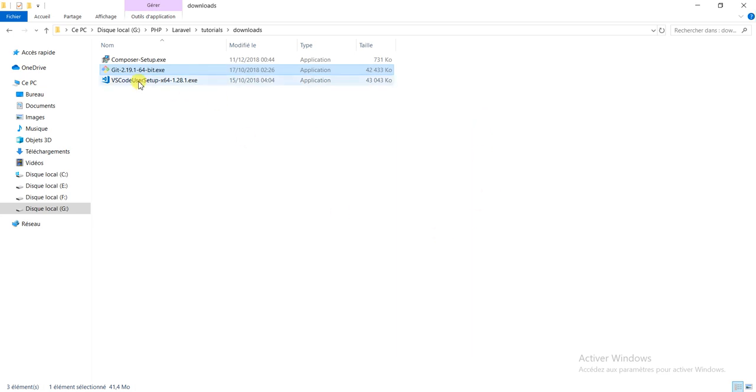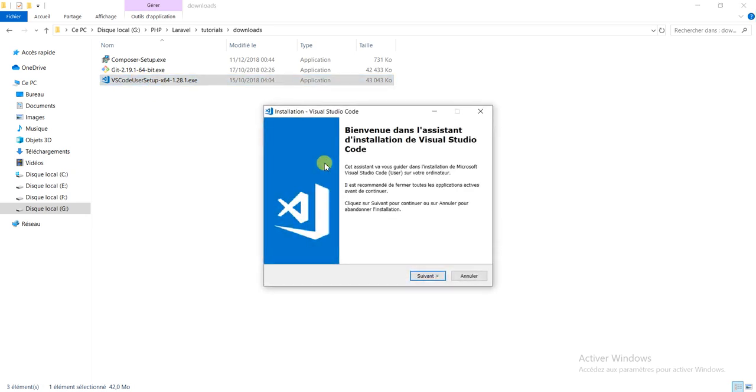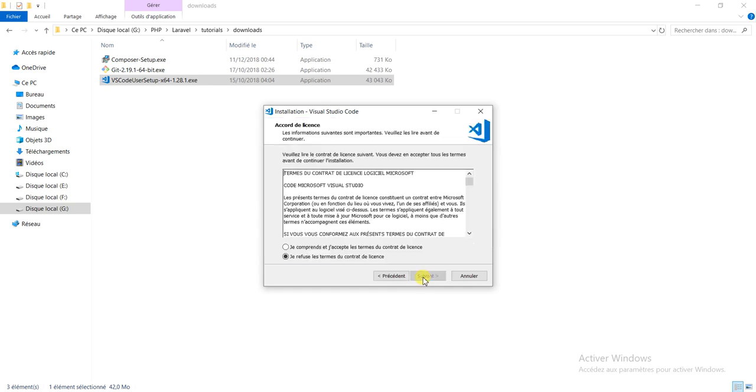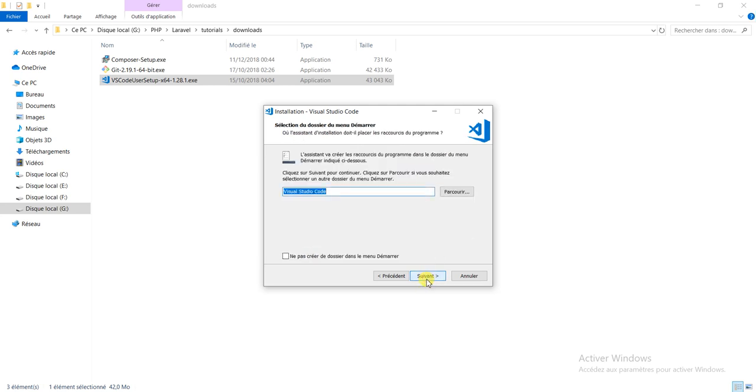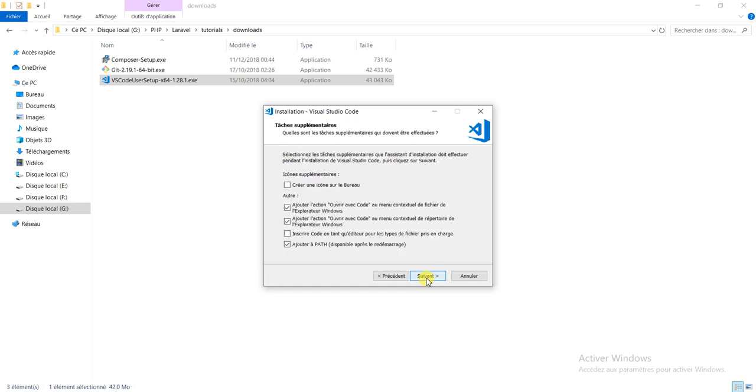So after it, we're gonna install what we call VS Code, Visual Studio Code. And this is the editor that we're gonna use. I really advise you to use this editor. So we're gonna click next. This is a free version, and you're gonna take this, I accept, and you're gonna click on next. You're gonna click on next, and you're gonna click next, and you're gonna see that by default you are going to have